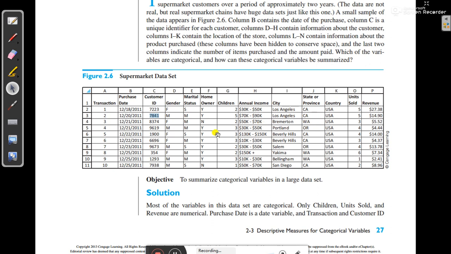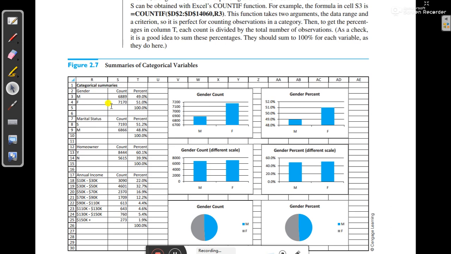But the point is that to be a categorical variable, it is not only that values have to be strings, they might be numerical also, but defined as a category. By analyzing the categorical variable, we can know lots of things. Like here you can see